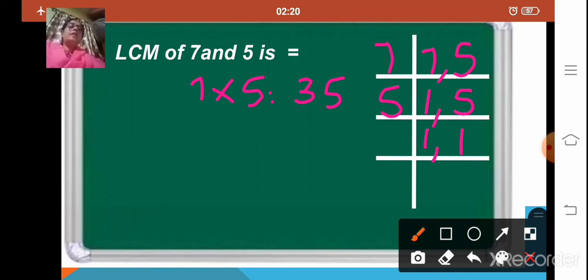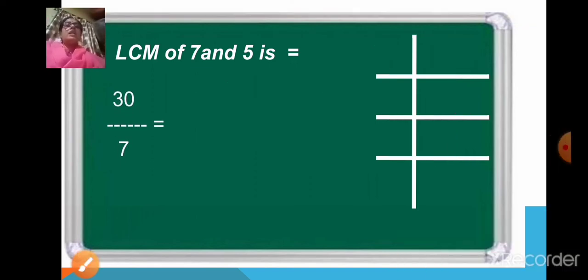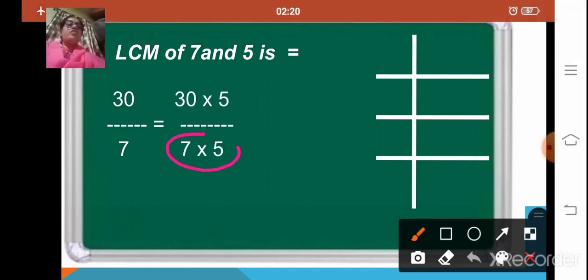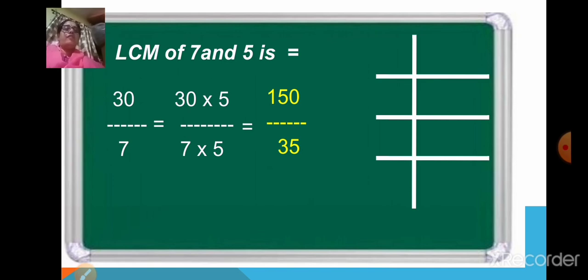You will make the denominators equal to the LCM. Okay, so you will take the first fraction, 30 upon 7. Now 7 multiplied by which number will give you 35? That is 7 5s are 35. So you will multiply 7 into 5. The same number 5 has to be multiplied by the numerator also. So 30 into 5. So your first fraction becomes 150 upon 35.